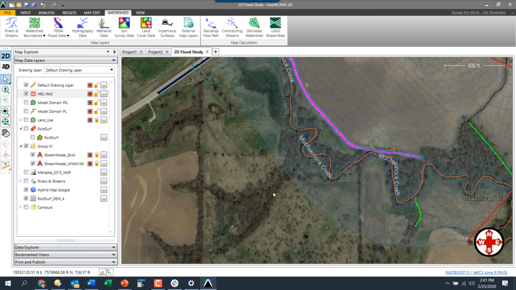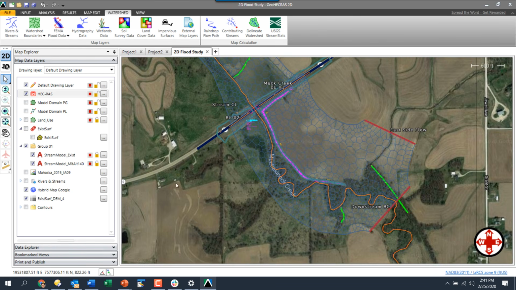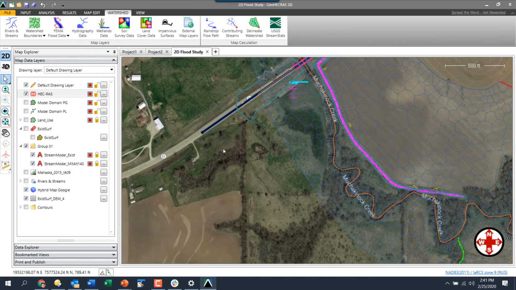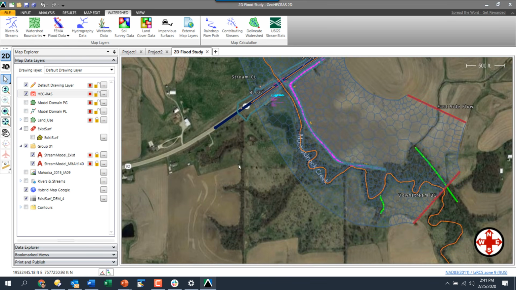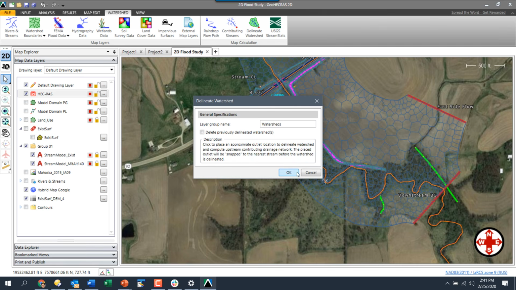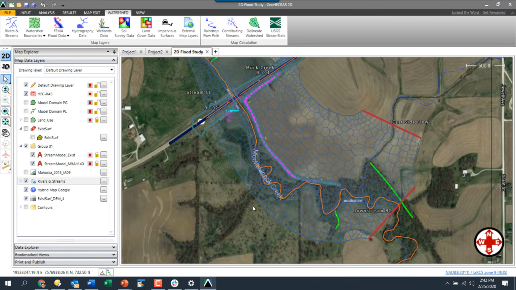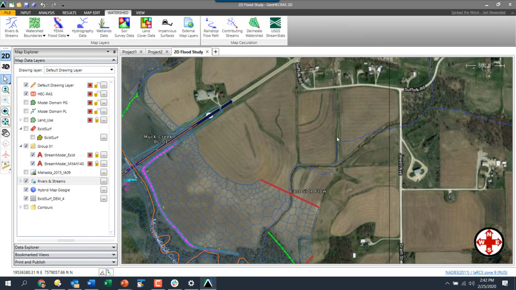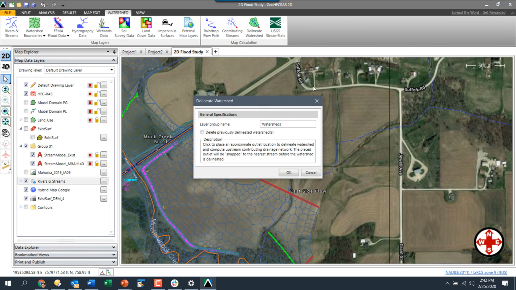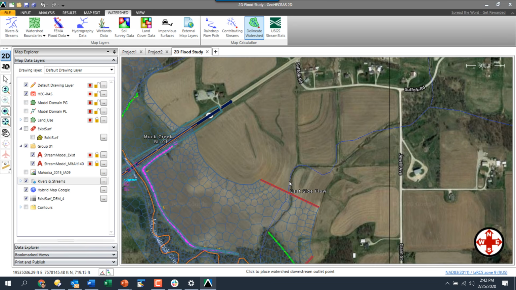There's like this little watershed here, but it doesn't look like it's very big, right? These are very small areas. Doesn't look like a lot of area contributing there. I may want to figure out how much is contributing, so I can go over and say delineate watershed. You can click on OK, and I can click near that streamline. Actually, what I should do before I do that, let me get out of the command. Turn on my rivers and streams, and if there's a streamline, it'll show it to me. If I don't see a streamline, it won't work. But if we're going to try, I want to see what's contributing here. So I can go to delineate watershed, say OK, click right here on that stream,